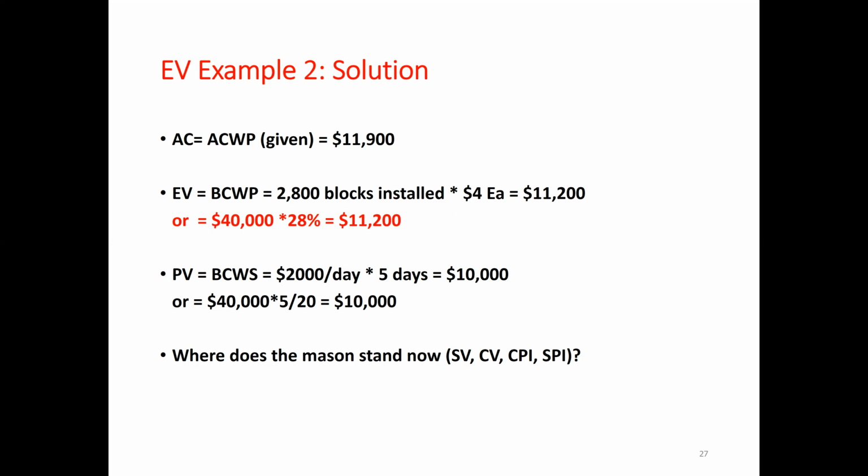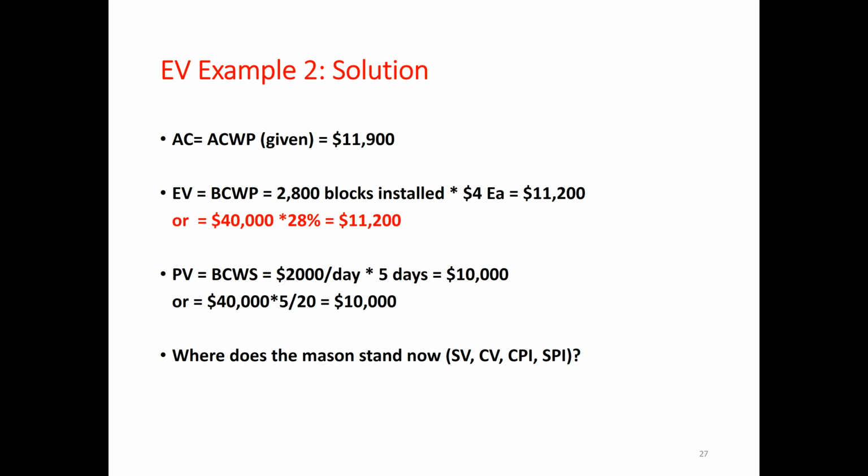Similarly, PV is the budgeted cost of work scheduled, so it's $2,000 per day multiplied by 5 days. So PV is $10,000. Or we can calculate it as 40,000 is the total budget, so for 5 days divided by 20, we will spend